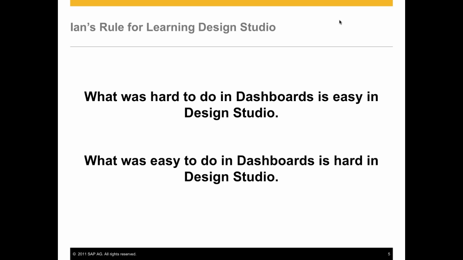But one thing we found is that the transition from Xcelsius to Design Studio wasn't natural for everyone. This is something we found in the last couple of years as we started to encourage people to make that switch. And the reason for that was actually quite interesting for me, because it wasn't